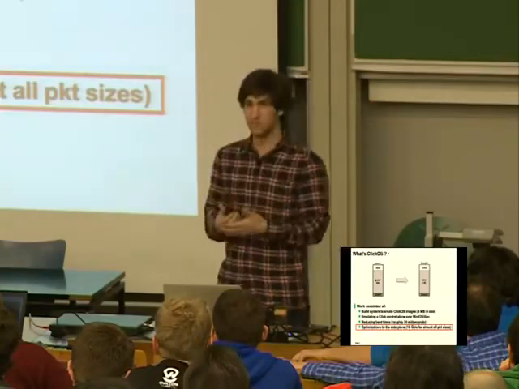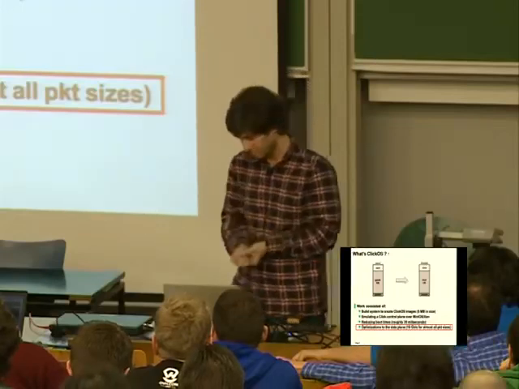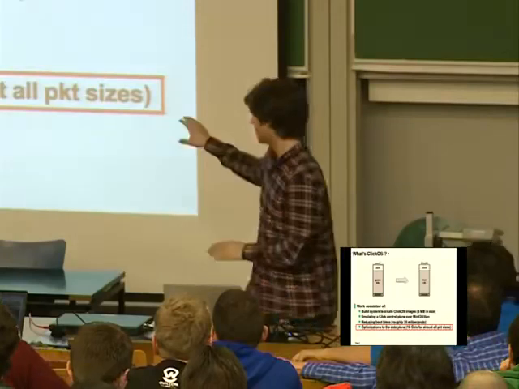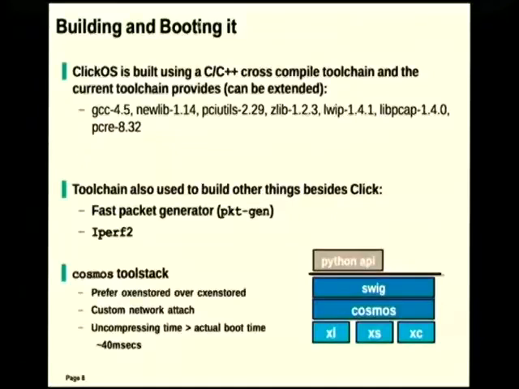So in these VMs, what matters is not bandwidth, but the ability to process really, really high packet rates. The talk will be focused on this last bullet point, but let me just give you one slide of what consists the tool chain and the tool stack. We compile newlib, which is a slightly modest libc. It's normally used for embedded systems, and it's already quite old, that version. And we compiled as well lwIP as our networking stack